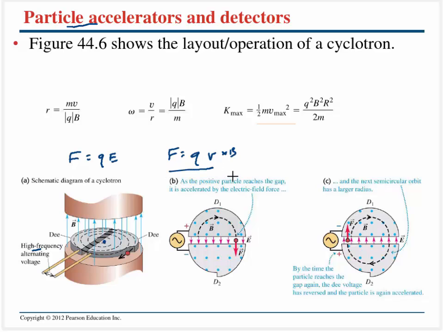We realize that this force can do no work, however it can change the direction, so this thing is going to start to spiral, and as it goes from one lead to the other, the alternating part of the voltage is going to flip around so it can keep on accelerating in the same direction. The particle is going to spiral out like this, and it's going to have a huge amount of energy, and then we can smash it into something else when it comes out